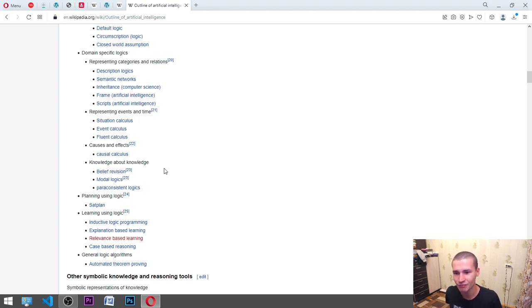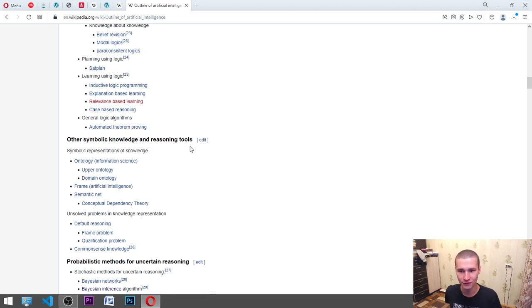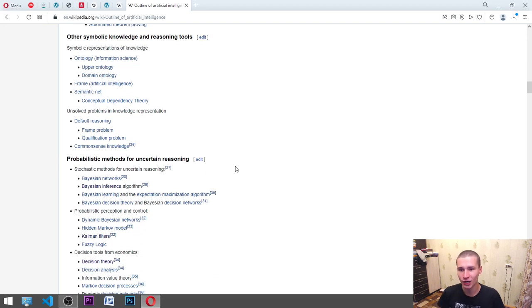programming, explanation-based learning, relevance-based learning, case-based reasoning, general logic algorithms, automated theorem proving, other symbolic knowledge and reasoning tools, symbolic representation of knowledge, ontology, information science, upper ontology, domain ontology, frame artificial intelligence, semantic net, conceptual dependency theory, unsolved problems in knowledge representation, default reasoning, frame problem, qualification problem, common sense knowledge, probabilistic methods for uncertain reasoning, stochastic methods for